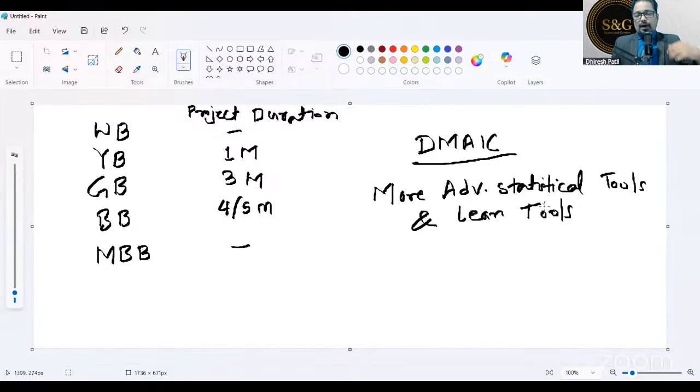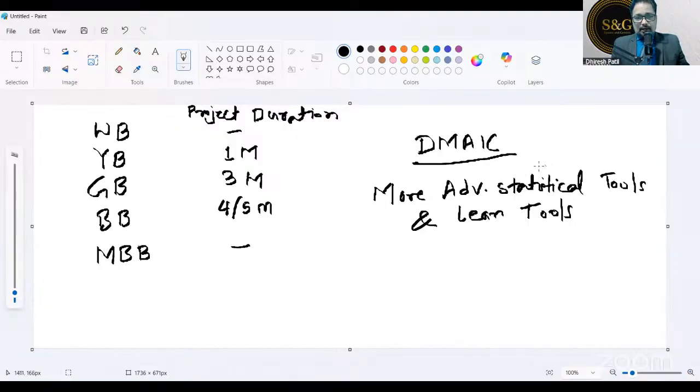For the white belt there are no tools as such, just awareness of what Six Sigma is, what its origin is, what the DMAIC framework is, and how we solve problems. In yellow belt, we go deeper into the DMAIC framework and give a couple of examples of tools in each phase. Green belt is where we actually start